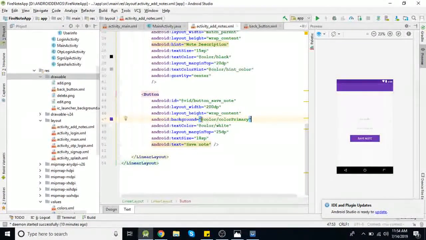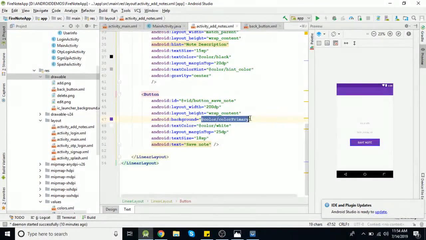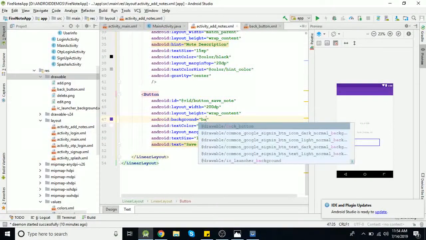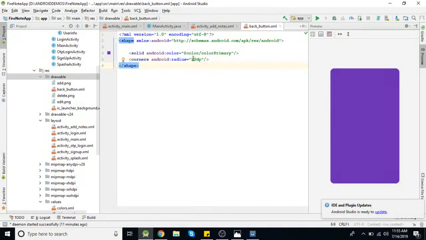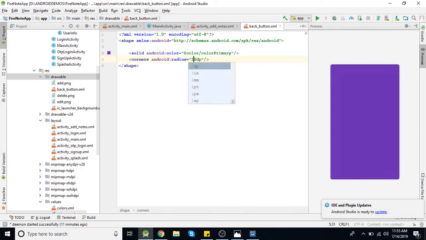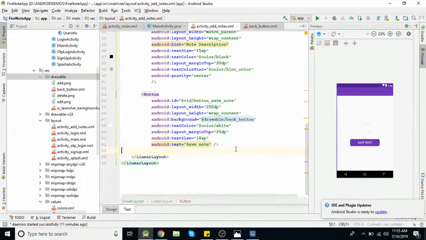So background will be this file, background underscore button. Okay, actually it's looking too much curve there, so I'm just replacing it again with 10.